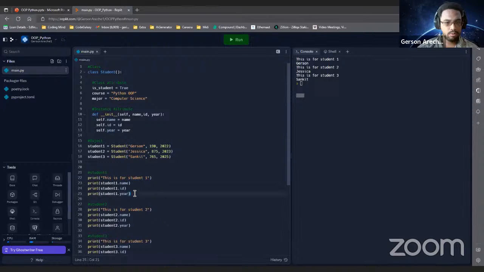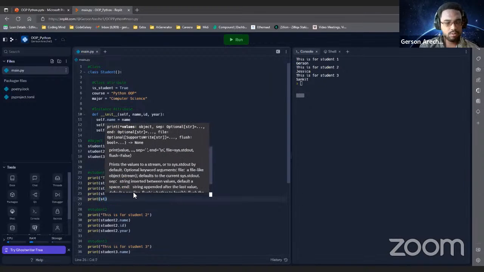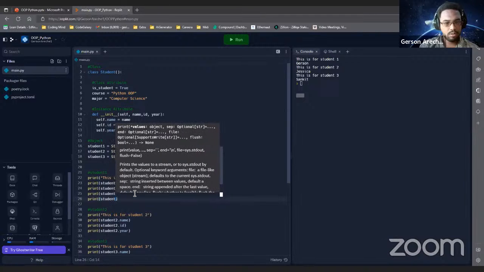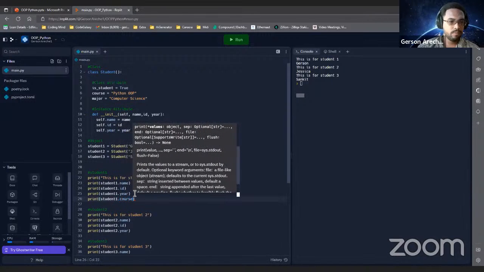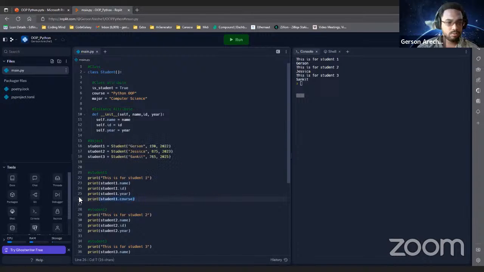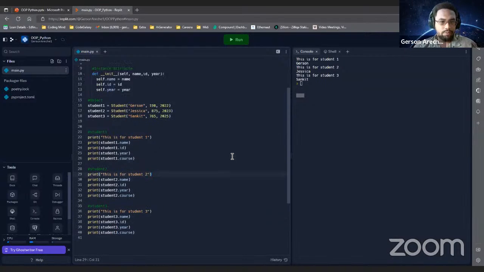And I'm also going to add the class attribute also. So I'm going to do print student one dot course. Student two dot course. And then student three dot course. So now if I run my code,